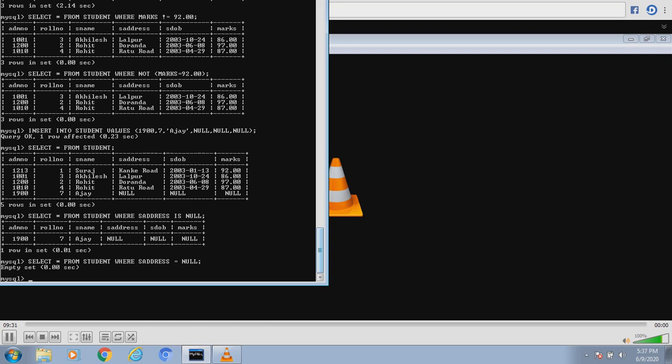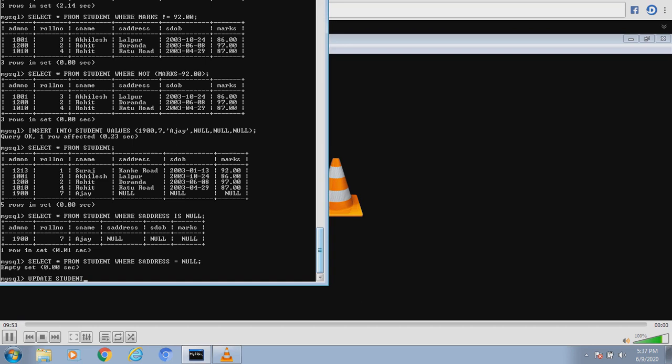If Ajay's data has to be updated, how would we update it? There is a special command for updating an already written record, and that command is the update command. So we'll write update in this way, and then the name of the table. Which table to update? Student table.